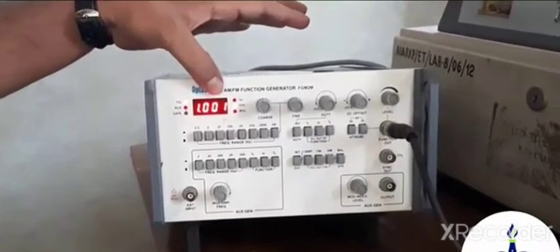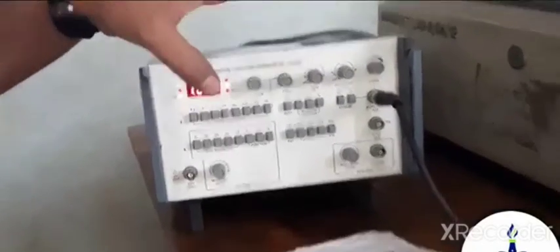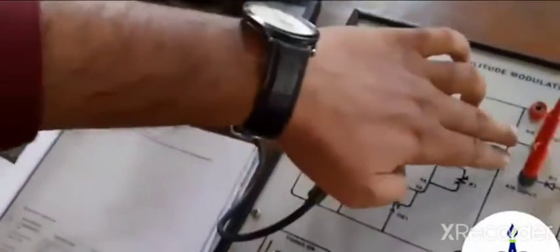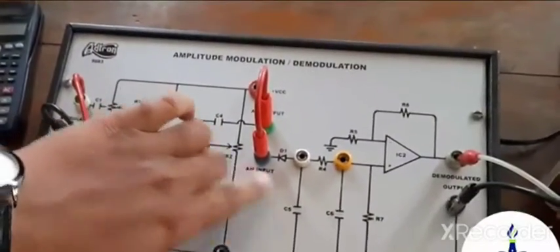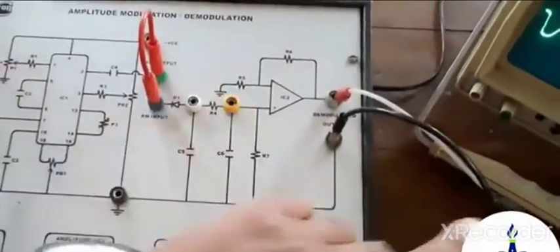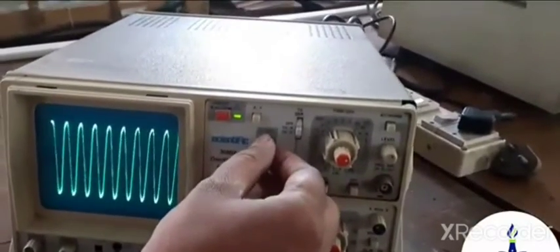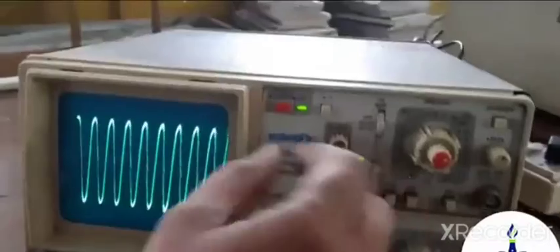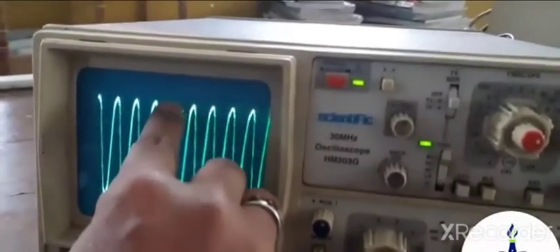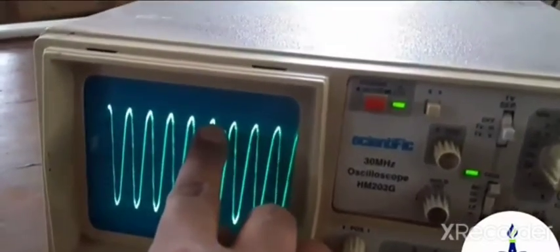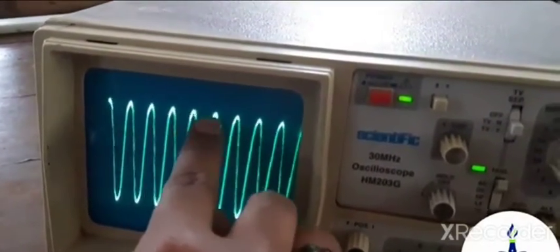Now we have to verify whether the same 1 kilohertz signal which we applied to the input of the modulator section, after modulation gives the AM modulated output. The AM modulated output we have given to the demodulator section, and the demodulated output will give the original signal back. If we calculate the period from the peak to peak value over here, this is exactly 1 kilohertz which we have received.